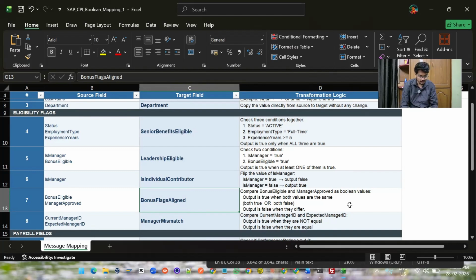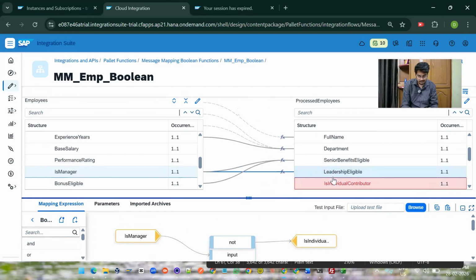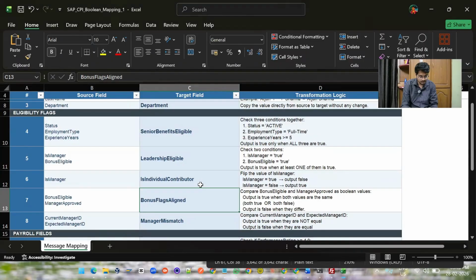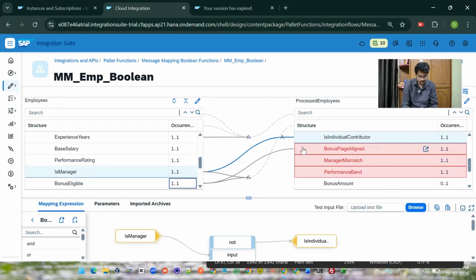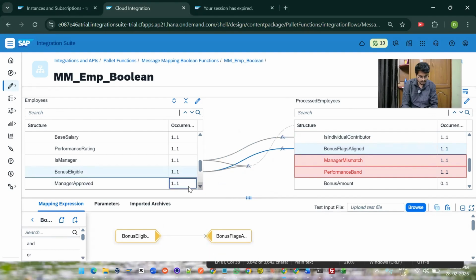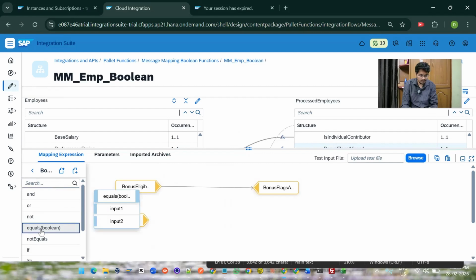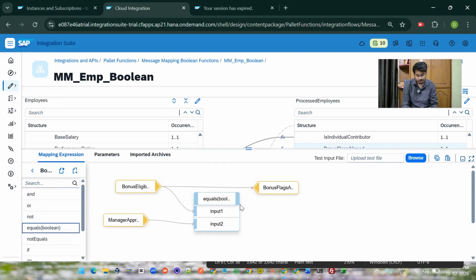Okay. So how to do that? For this next field, bonus flags aligned, I will compare bonus eligible and manager approved fields. How to check if these two Boolean values are equal or not? So we have a function called equals Boolean. It will compare two Boolean inputs and return true only if both of them are the same. Okay. Let's move on to the next field,